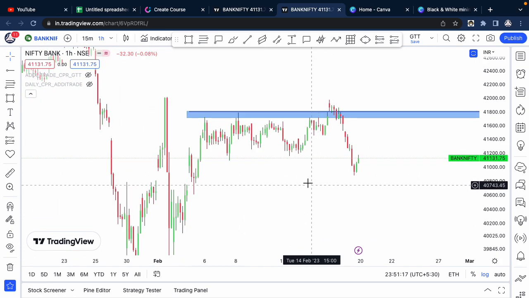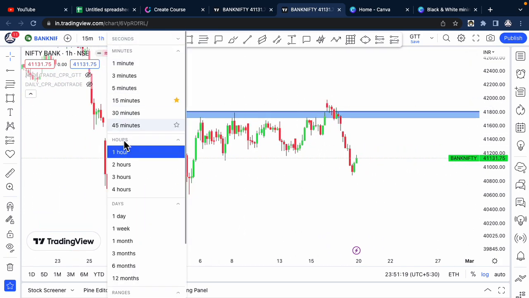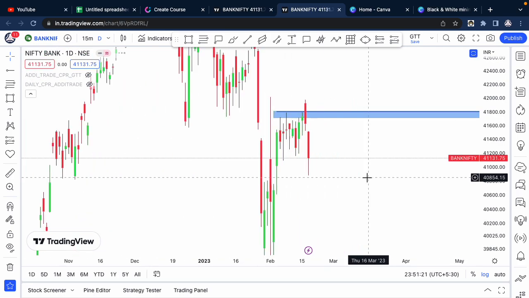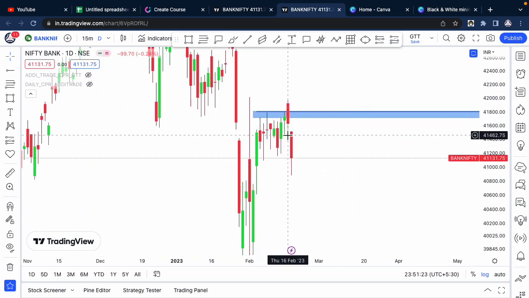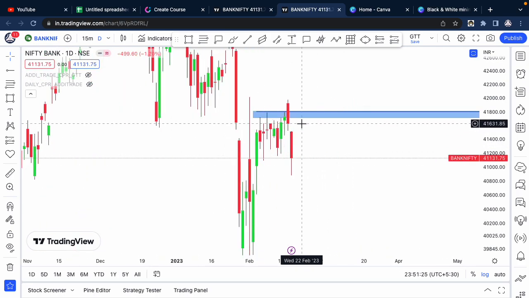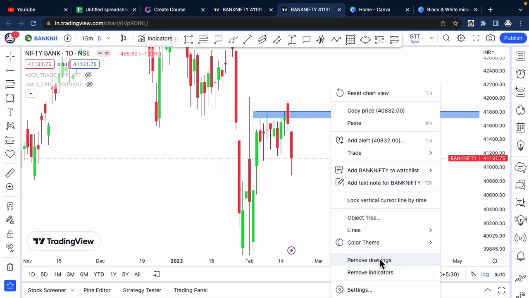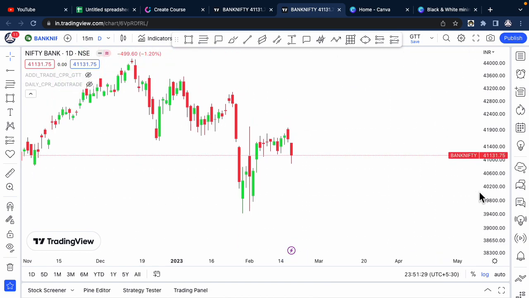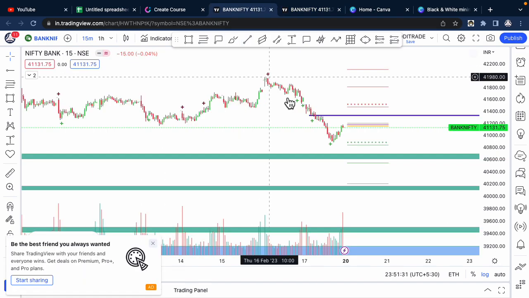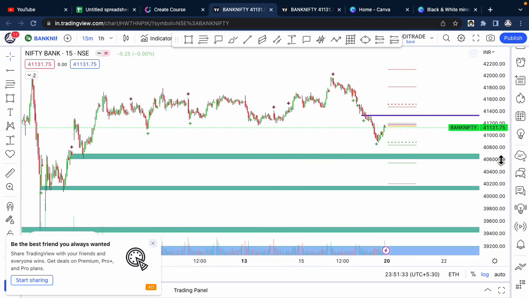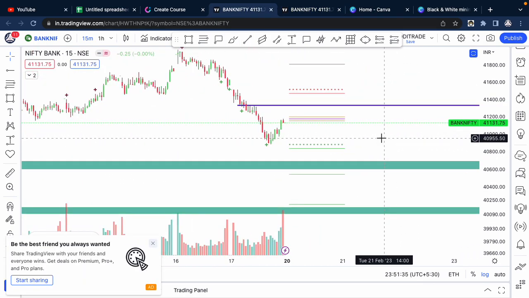Now obviously the structure is bearish. The 2 days candle has almost engulfed the 2 weeks of trading. So let's see what are the possible levels in our 15 minutes chart. So this is the 15 minutes chart of Bank Nifty, where we have the levels marked along with our daily